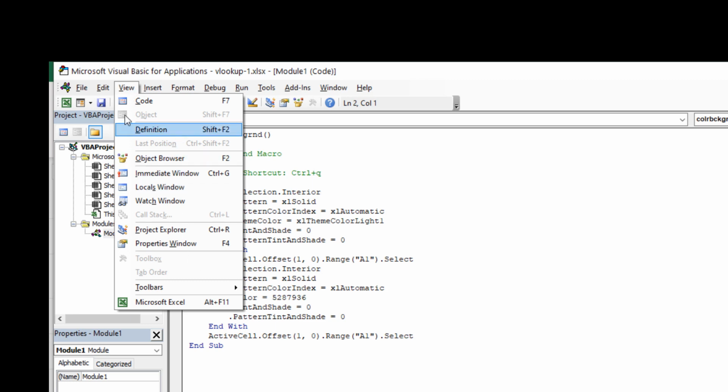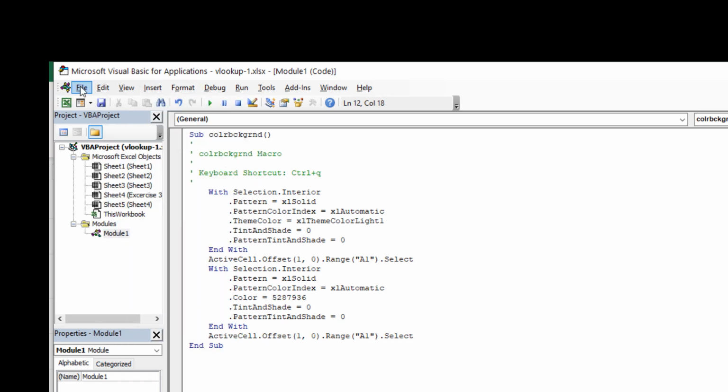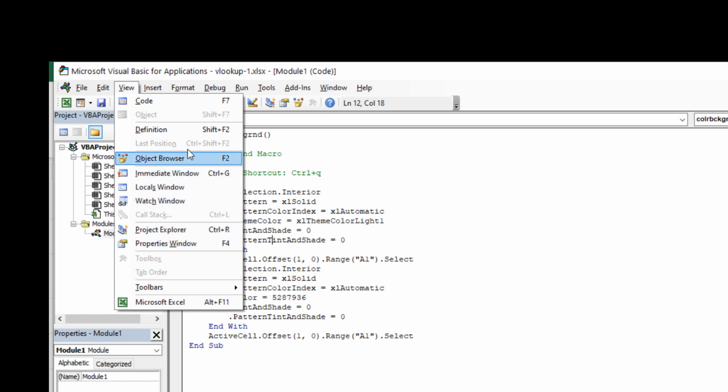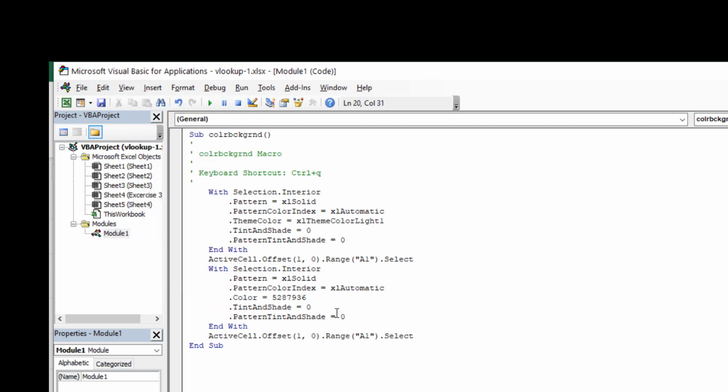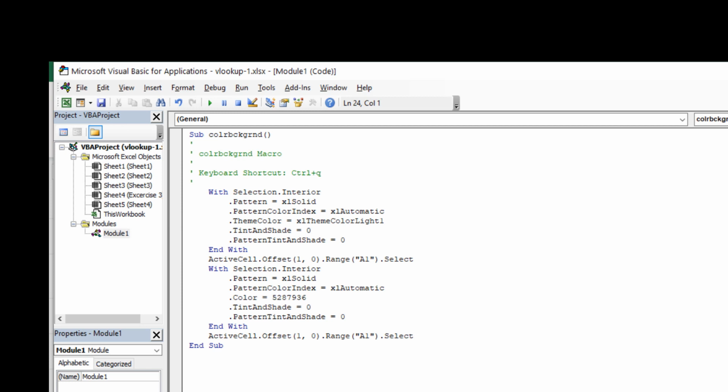Unfortunately, I've tried a lot, but I cannot increase the size of the font. Do I have any option for that? There is no option for increasing the size of the font. Do we have any option in the View? No. So quickly, if someone can search on the internet and find a way to increase the font size on this screen, because I think it will be difficult for you to see the font.